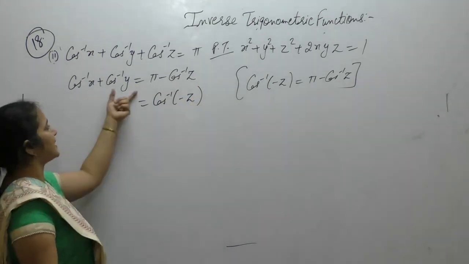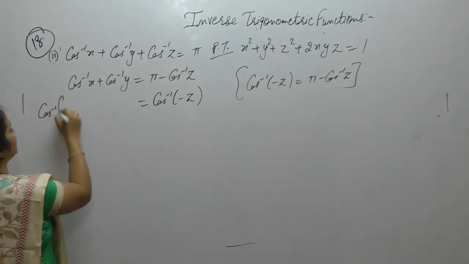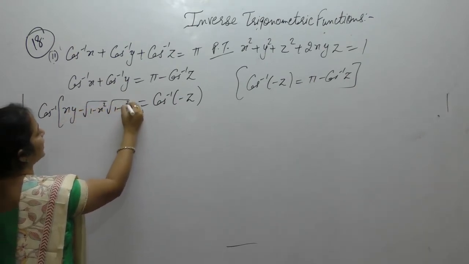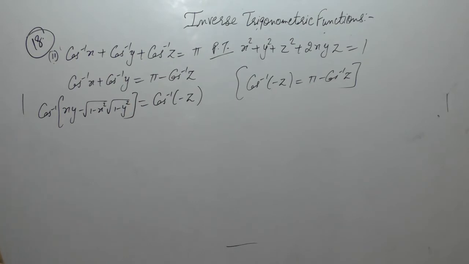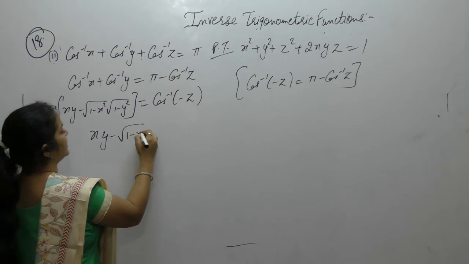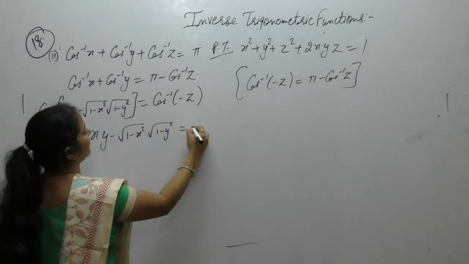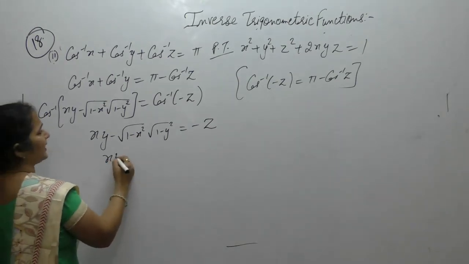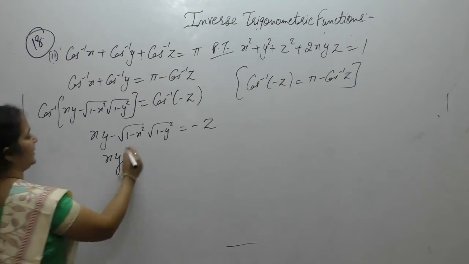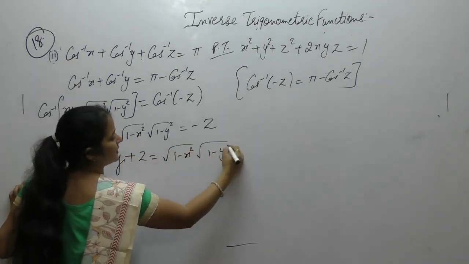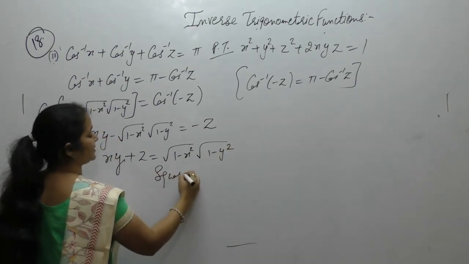Now cos inverse x plus cos inverse y is cos inverse of xy minus square root of 1 minus x square, square root of 1 minus y square. Now both sides we have cos inverse, so it will get cancelled. Here we are left with minus z. Now we can write it as xy plus z is equal to square root of this. Now squaring both sides,